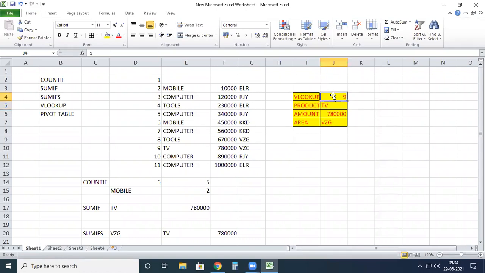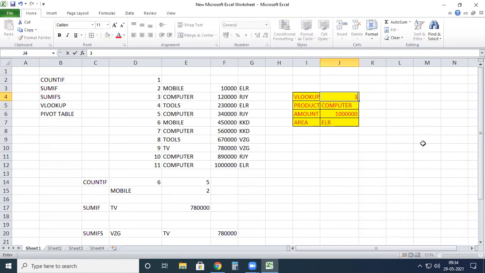In the same way, here I'm giving 11. What about this computer? Some amount, and the area is Yellow. In this way, by using this number, we are changing the value. Am I right or not? That is the main purpose of using VLOOKUP. I hope all of the members were able to understand this.